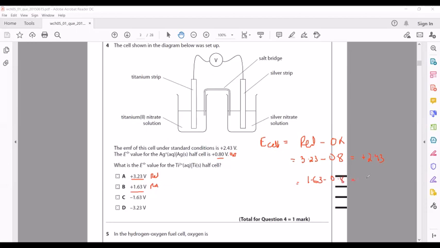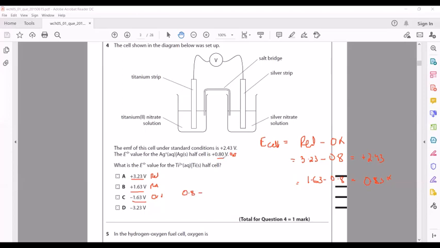What's the answer? 0.83. So this cannot be an answer, totally wrong. If I take negative, it means this will be oxidation, and for the other one reduction happens. So this will be 0.8